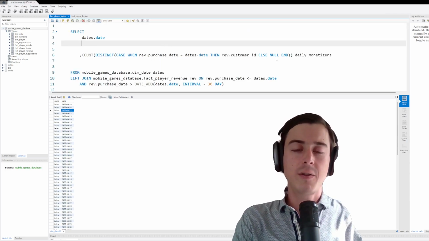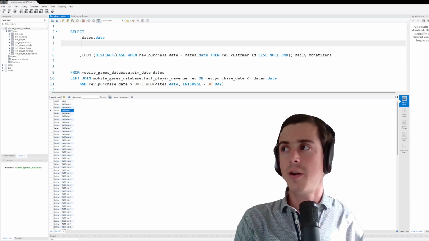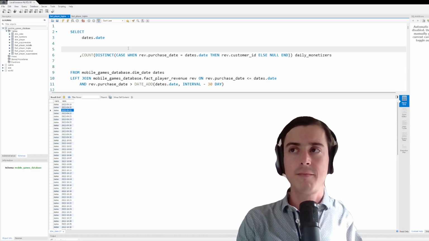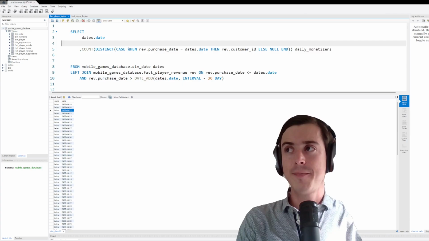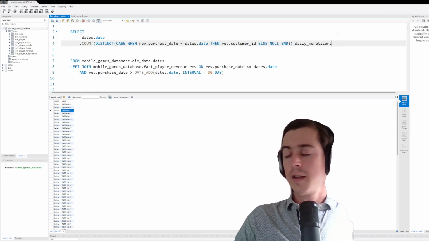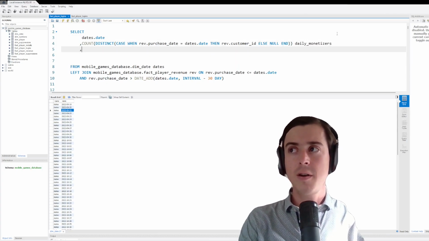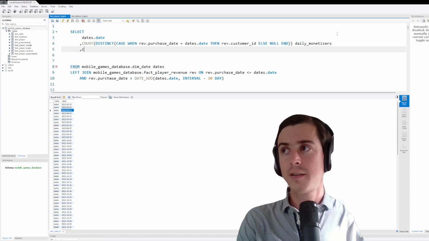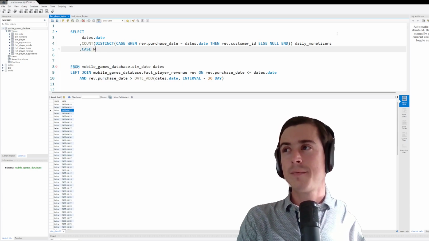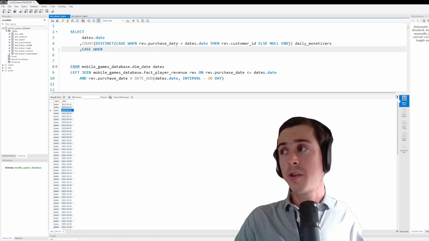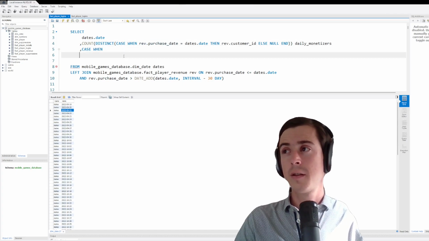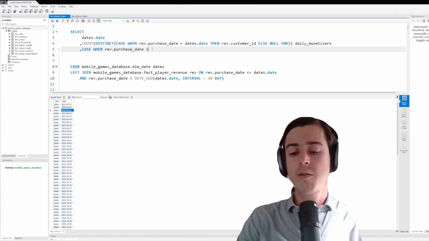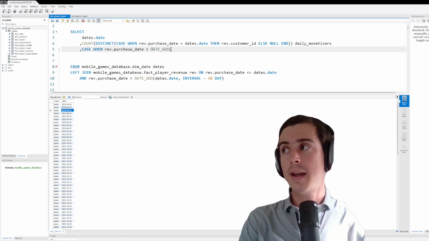Else null. So if you do a count distinct on null, you get 0. There we go. Okay. And probably the hardest part of this, but not that hard, don't get intimidated, is trailing 7. So we'll say case when this purchase date is greater than date add